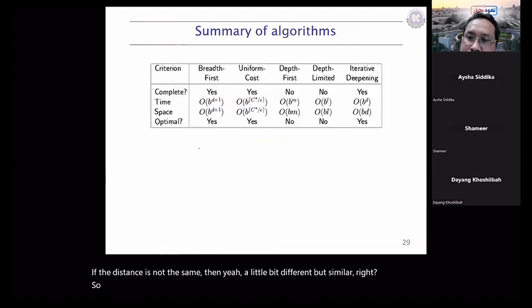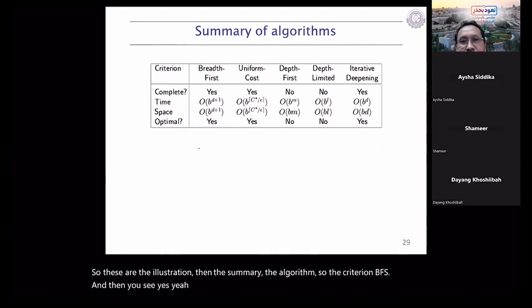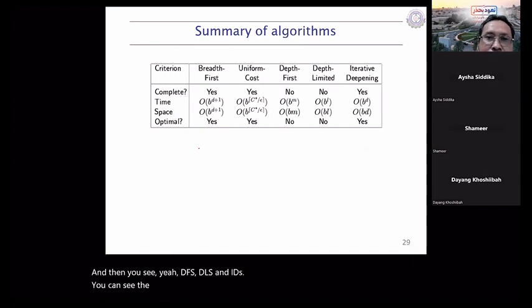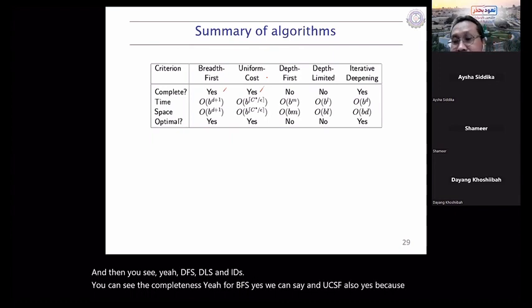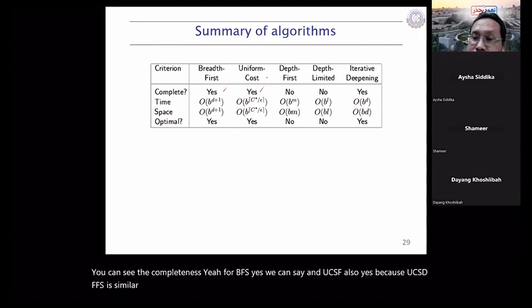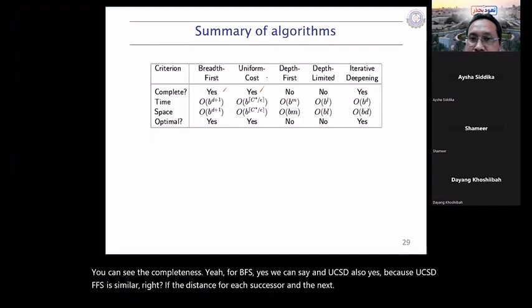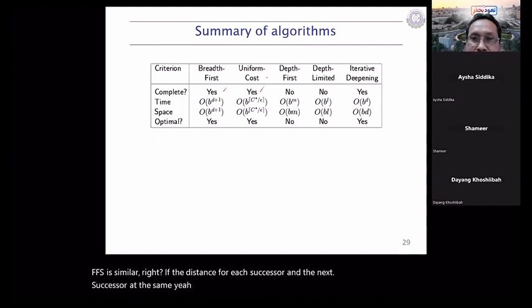So these are the illustration, and then the summary of the algorithms. The criteria: BFS, UCS, DFS, DLS, and IDS. You can see the completeness. For BFS, yes, and UCS also yes, because UCS and BFS are similar. If the distance for each successor is the same, then we can say UCS is equal to breadth first, BFS. And then depth first here,